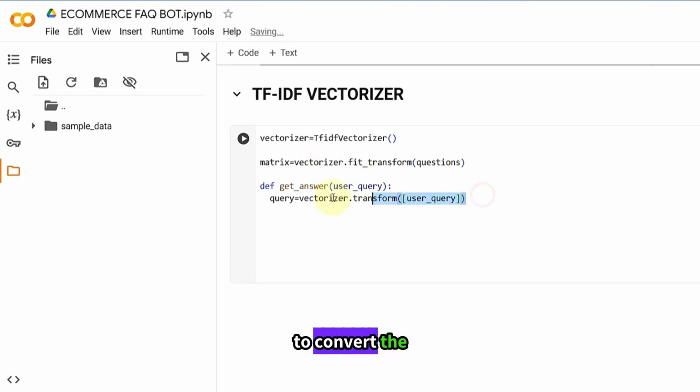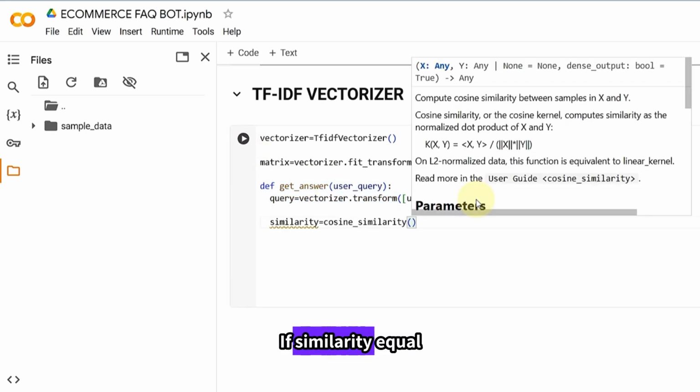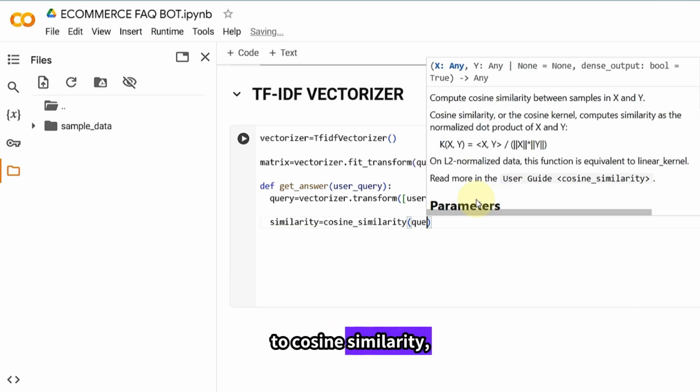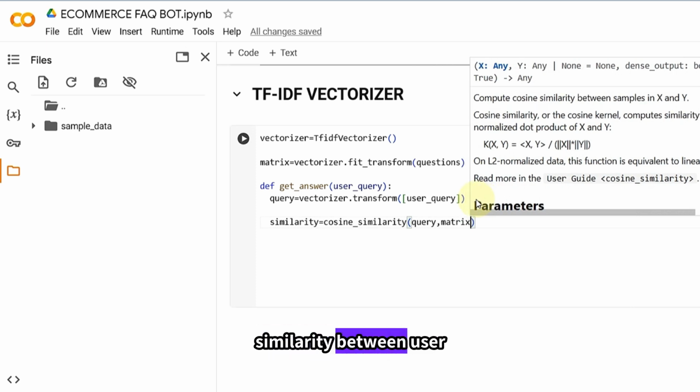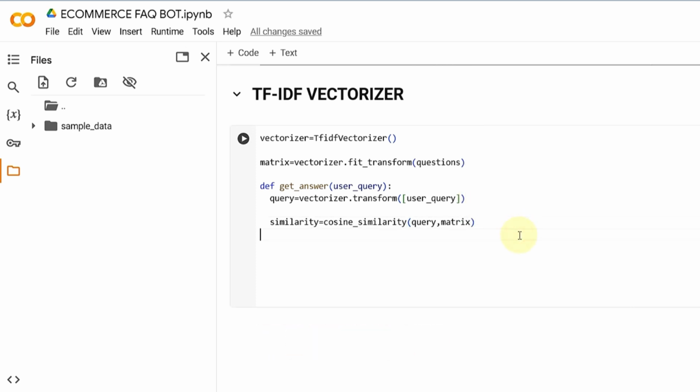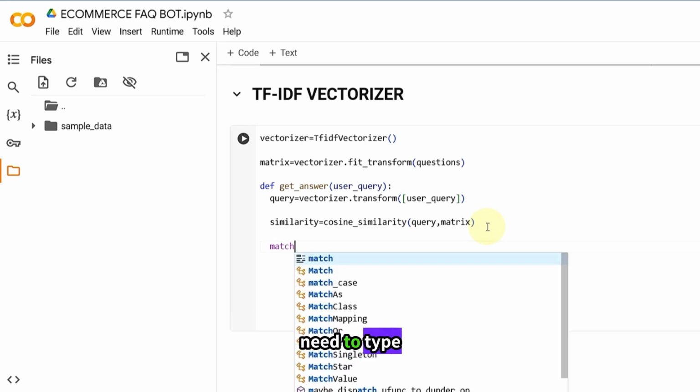We are going to convert the user query into a list. Type similarity equal to cosine similarity. We are going to use cosine similarity for finding the similarity between the user query and the questions. The questions are nothing but the matrix, and the user query is the query. The user query and the matrix will be compared. If the user query and the matrix, that is the questions, are more similar, then we can get the answer. For that you need to type match equal to